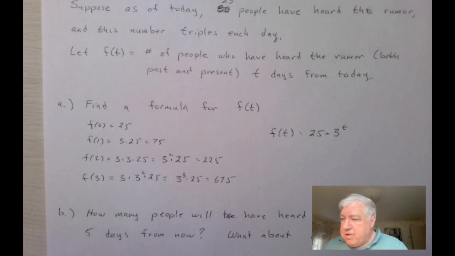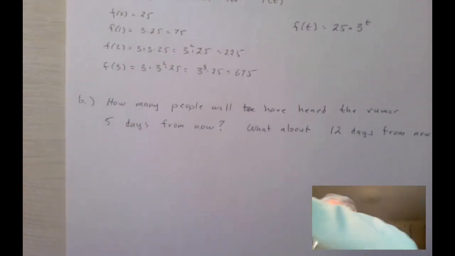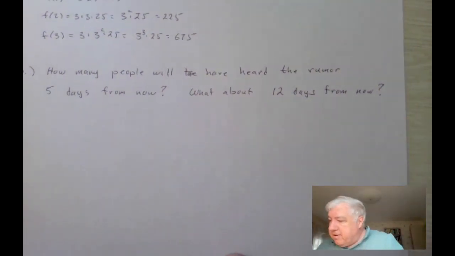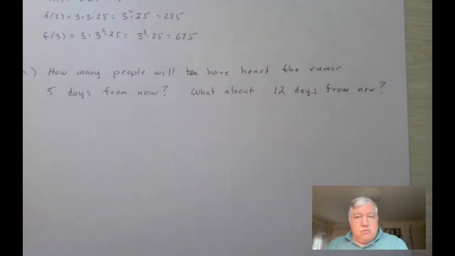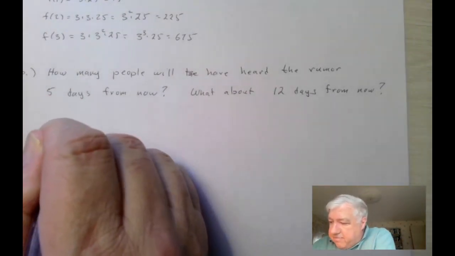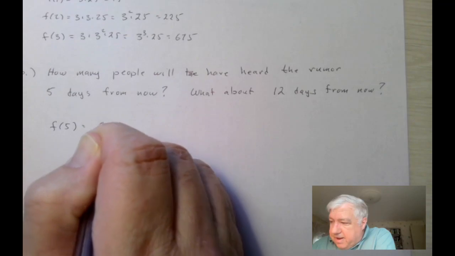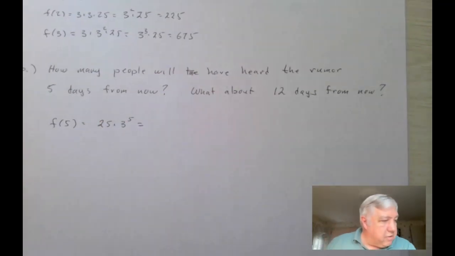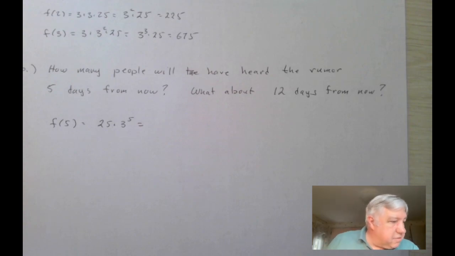And then once we know that, we can easily find the second part of the question. How many people will have heard 5 days from now, or maybe 12 days from now? So 5 days from now, f of 5 would be 25 times 3 to the 5th, which on our calculator we can get to be,